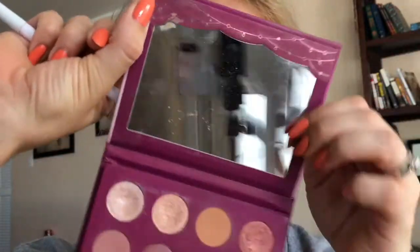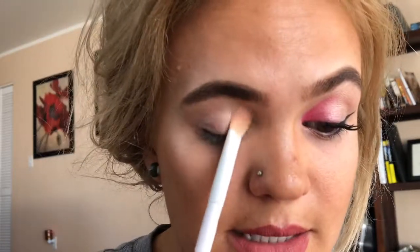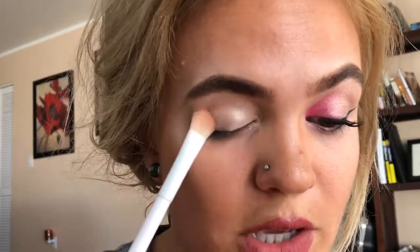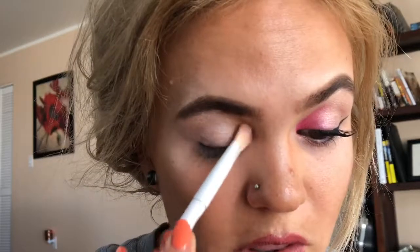Next, I went in with the You Had Me at Hello ColourPop palette, and I'm going to go ahead and take this Candy Graham and put it on that same brush. I'm really liking this look this season, because it still has color. We're not just going into full-on dark eyeshadows. I mean, we still have quite a bit of time until fall is here. Actually, we don't. It's like, what, 2 weeks? So we don't have a lot, but